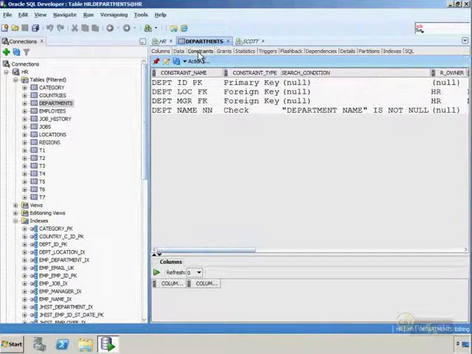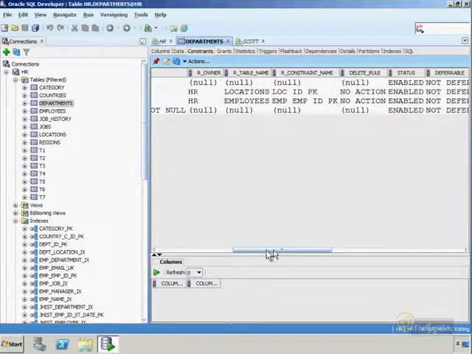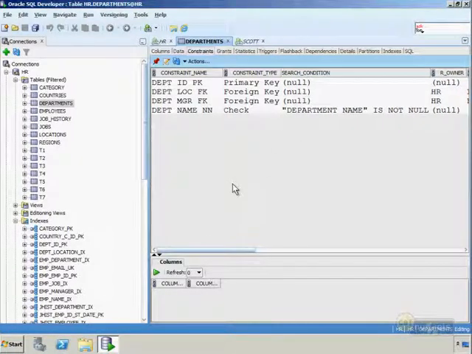We can verify the constraints on the table by visiting the Constraints tab, and we see sure enough that the department ID column is marked with the primary key constraint, and we must have table relationships coming into departments on the managers and locations table here, or at least on the locations table and probably the employees table here. Let's see. Yeah, sure enough, it looks like the reference table name is employee ID from the employees table. Now, as we said, planning indexes, you're going to get an index created automatically on your PKs, your primary key constraints,